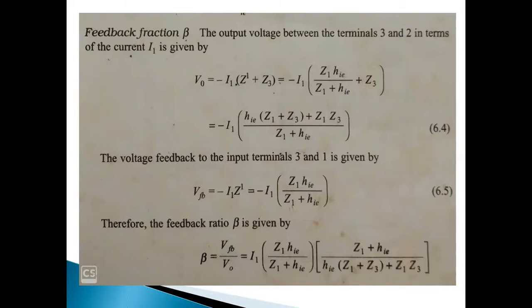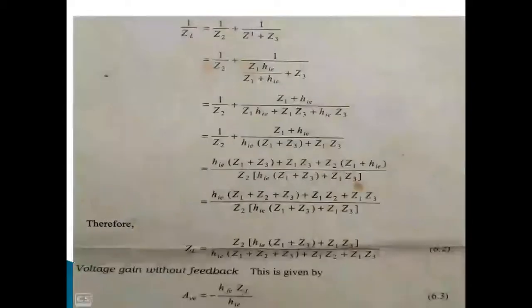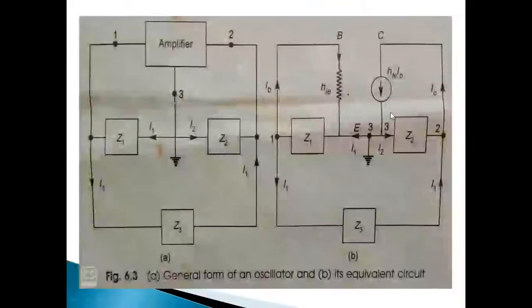Okay. So V0 is the basic amplifier output, that is again given as input to the feedback network. Okay. Vf is the output of the feedback network. Okay. So if you want to derive the beta value, then we should derive the values of V0 and Vf. So what is V0 from the circuit? So here we have the circuit. Okay. So this is the output point. From the circuit, what is V0, the output voltage?